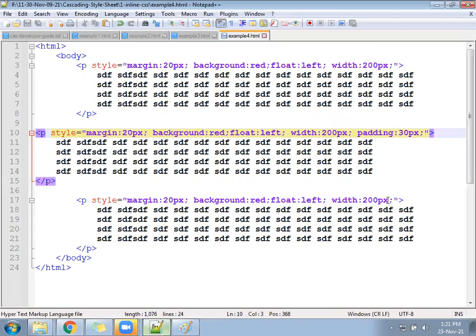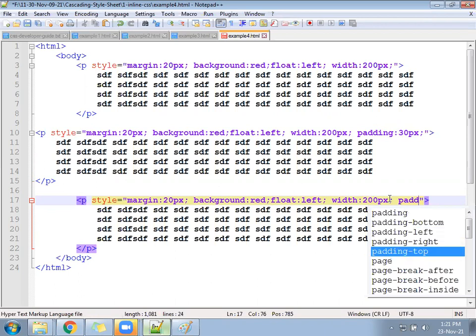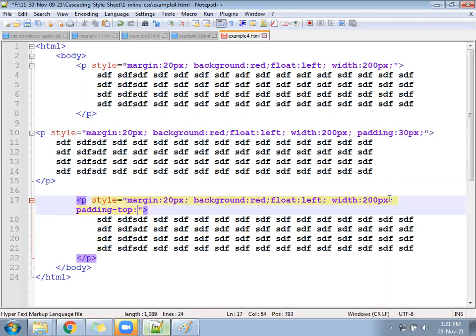Okay. Next, go for the last division. Write inside padding hyphen top. Padding top 30 px. See, a space will apply only from the top side. Padding top 30 px.